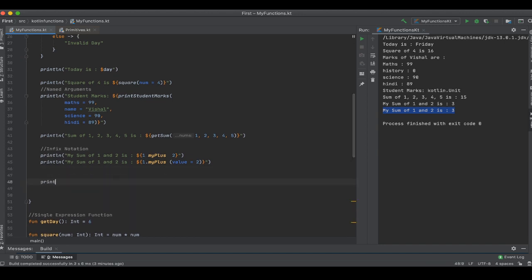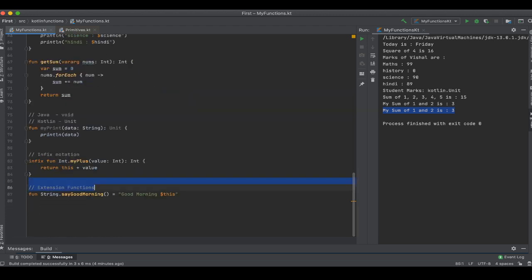All right, println Vishal dot say good morning. Okay, so now the cool thing is that I could call this method on any string throughout my project. So by defining this extension function, this will come in really handy if I have to create a util function which can be called anywhere throughout the project, or it makes much more sense for date type conversions